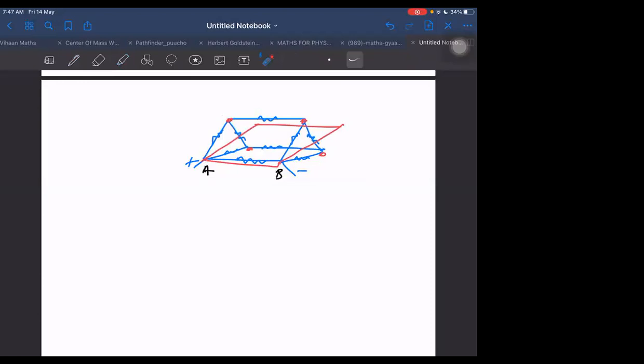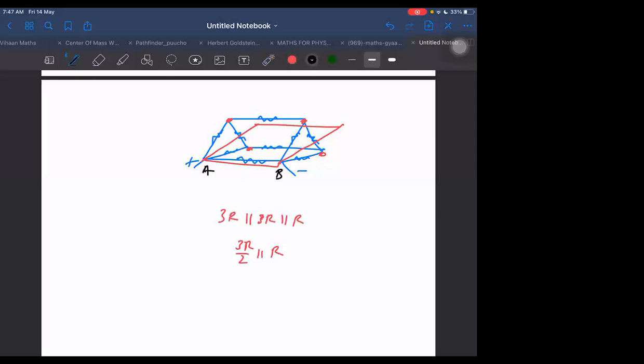If we are able to remove these, then I am getting finally 3R and 3R below. But one R is also in parallel. So I am getting 3R in parallel with 3R in parallel with R. 3R parallel 3R is 3R by 2, parallel with R. So what is it finally?